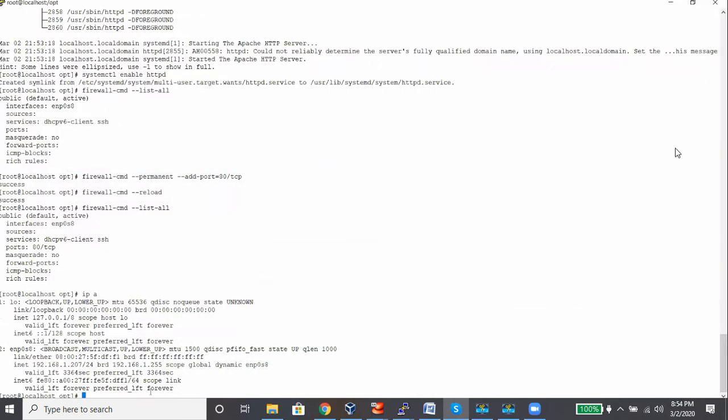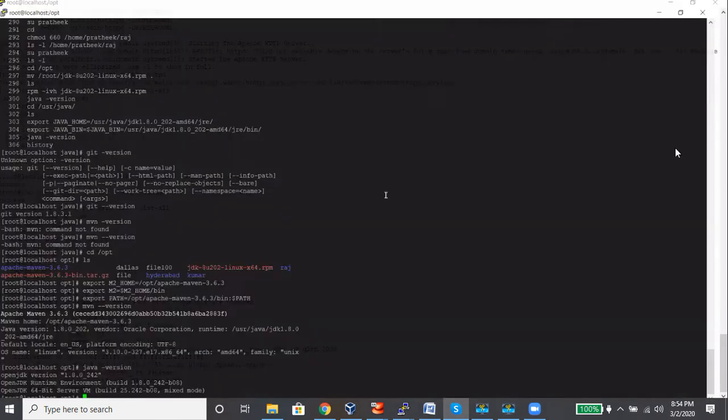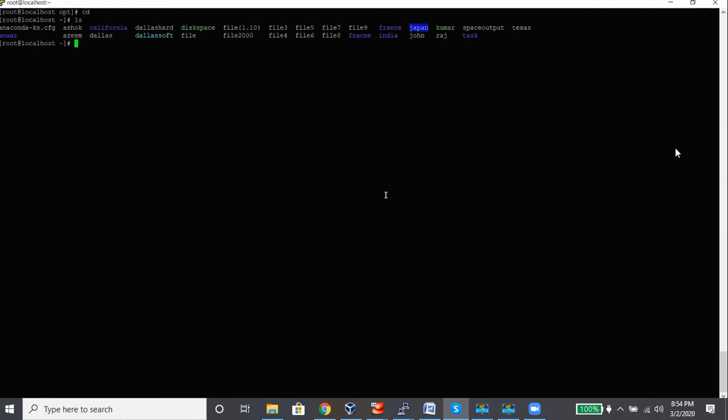Now we will go to the first server here. Do we have any directory? Yeah, get into the task directory. So here we have this CRUD, which we downloaded using the git clone command, and here we have something called pom.xml. Okay, now let's use this Maven build tool, and then we'll create a package out of this particular pom.xml file.